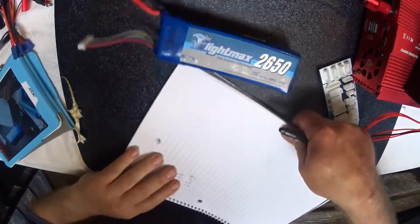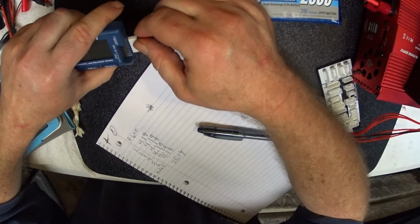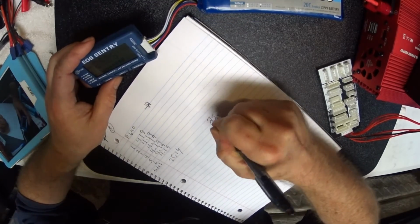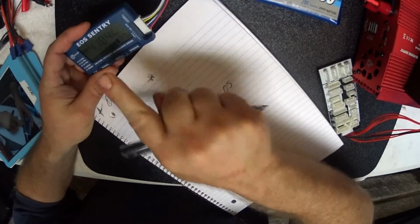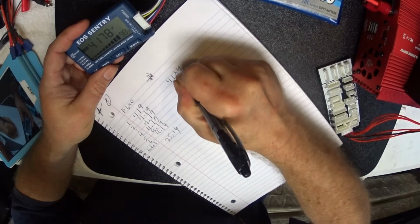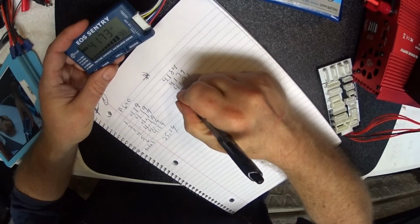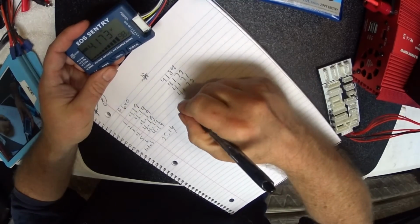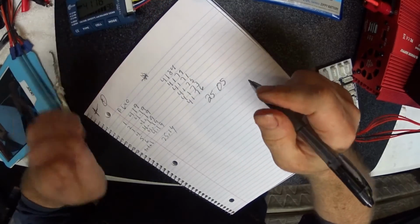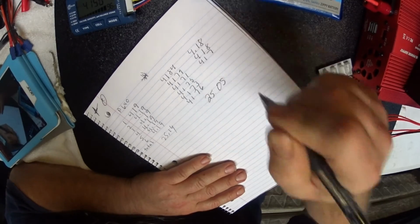Now, the reason why I'm doing this with everything on and turning the light back on is because with this being such an old pack, I expect sag, the reverse of volt sag from charging. So we're going to go in here. We're at 25.05. First cell is 4184. Second cell 4179. 4171. 4173, 4173, 4176. So we got 418, 418, 417,